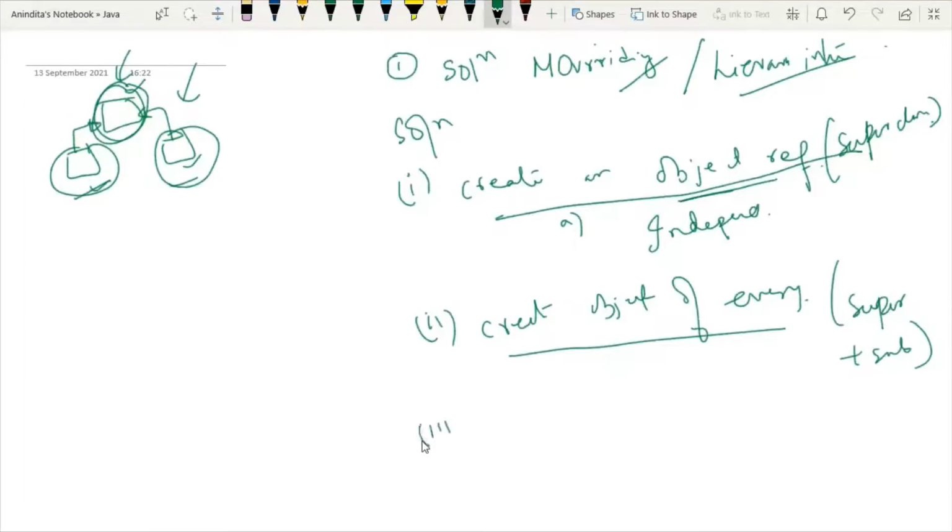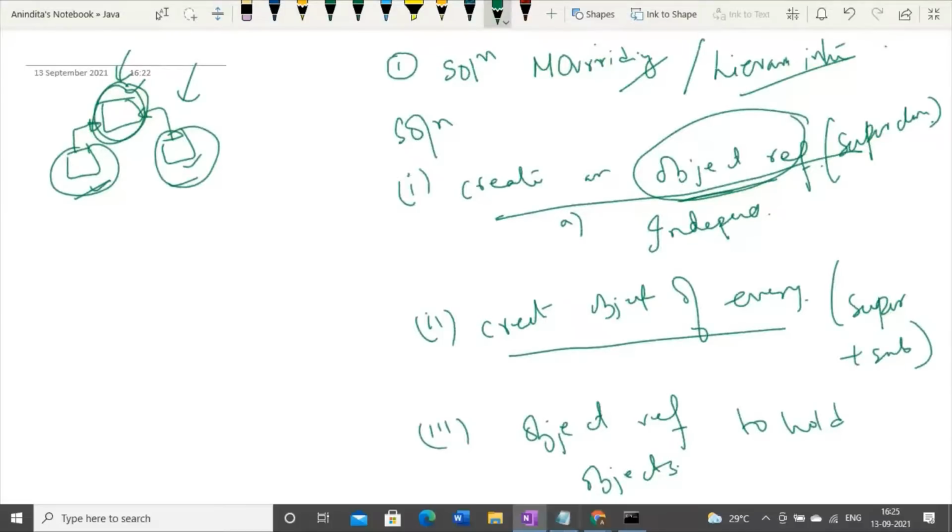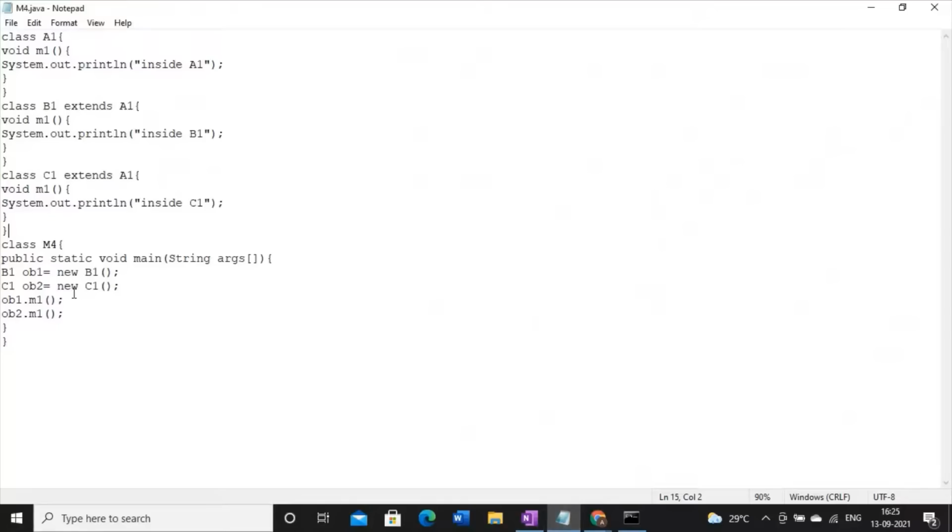Now what is the third law? The third law is to use this object reference to hold the objects, and then you can implement the concept of dynamic method dispatch. It is very confusing, so now let me write the code one by one.